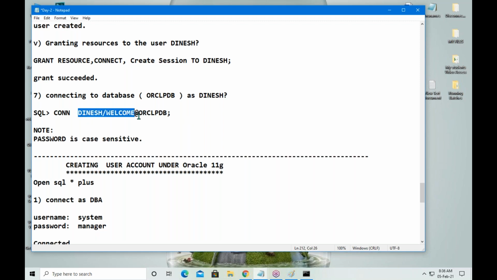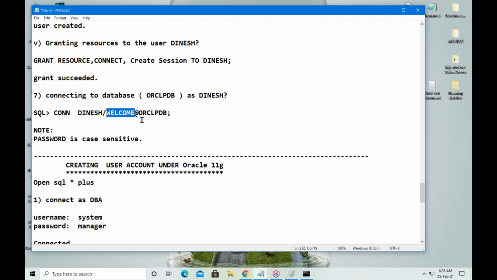Here you should be very careful. You can write the username in any case, capital, small, or mixed, but for the password you must remember which case you used at the time of user creation.